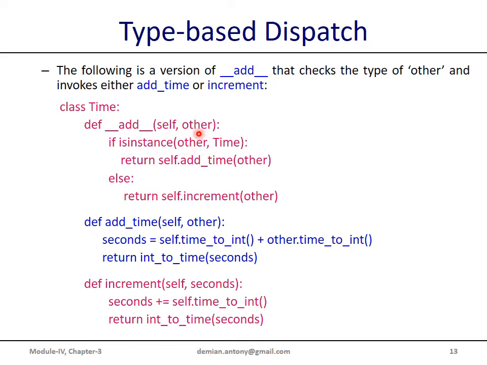If this parameter is an instance of Time, then it returns true. It means we are going to add two time objects. One is an implicit object, that is self, and the second is the explicit object. Otherwise we make a call to the function increment, which takes the argument other, which represents the number,